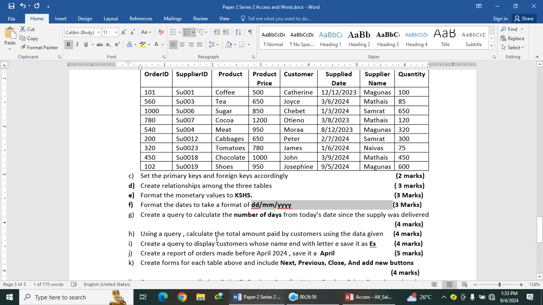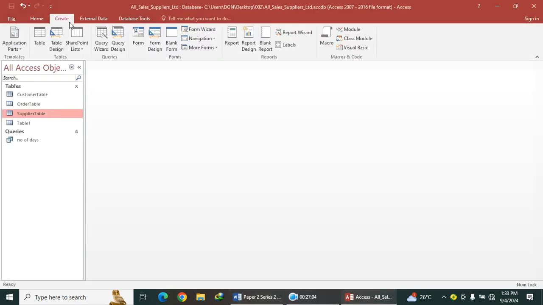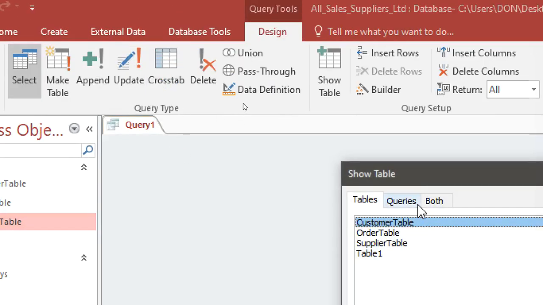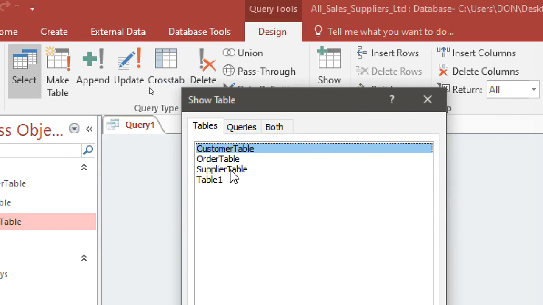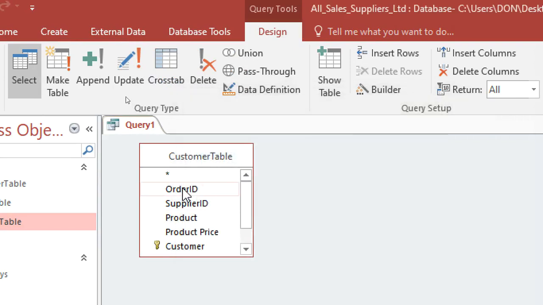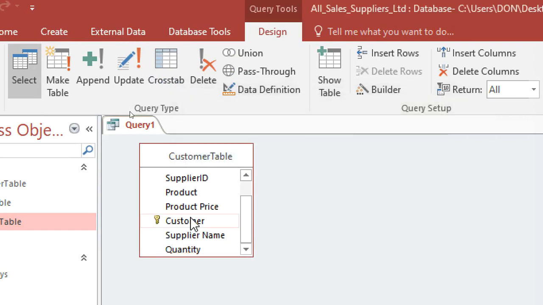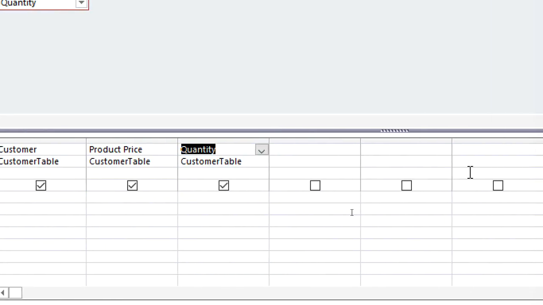The next question is using a query, calculate the total amount paid by customers using data given. They calculate the total amount paid. So the total amount paid is quantity times product price. So just go to create, then query design. Then I just go to customer, cross this one. So I have the customer, I have the product price and the quantity. So here I just type total amount paid. So the total amount paid is